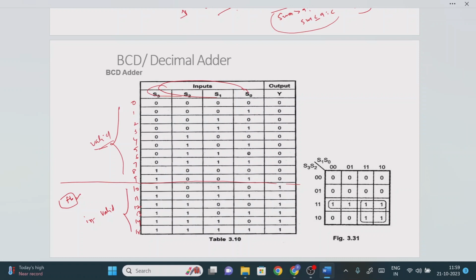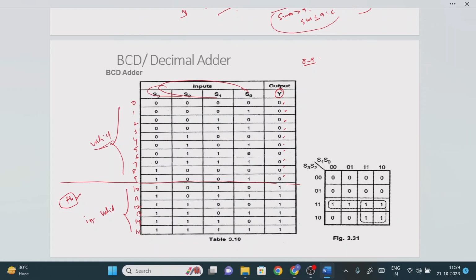Now, as I told you, we need to find out who will add the 0110 automatically, right? Everything can be done by some circuit, and that circuit we need to find out now. So for that I have taken this table. The valid range is only from 0 to 9, and from 10 to 15 it is invalid. So for 0 to 9 in the decimal number system, no modification is required, which means I am writing 0.